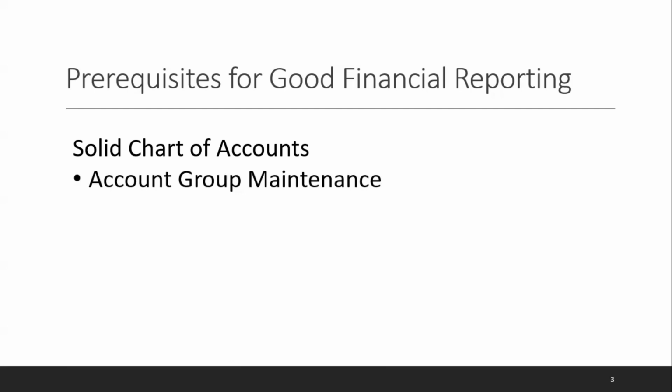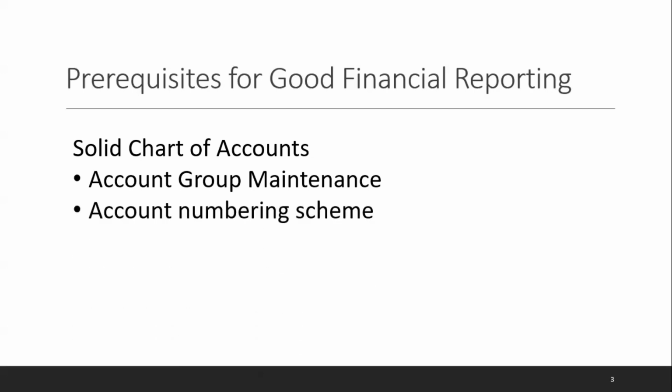Okay, in Sage 100, when you set up your general ledger, you have to define your account groups. Your account groups determine which accounts are going to be considered asset accounts, which accounts are going to be considered liability accounts, which will be sales, which will be expense accounts, etc. So you want to make sure that your account groups are set up in a way that makes sense and follows standard accounting principles, GAAP. And I will be showing you this stuff in the software. So